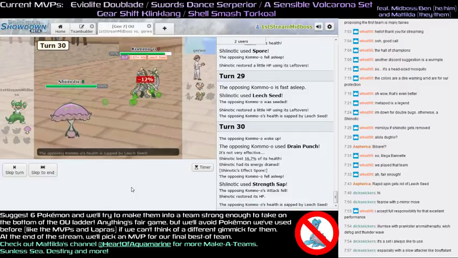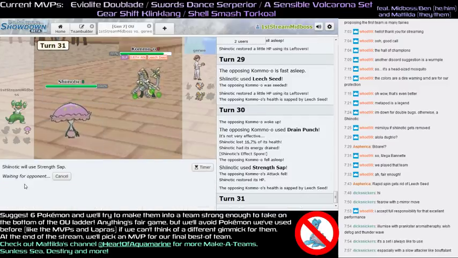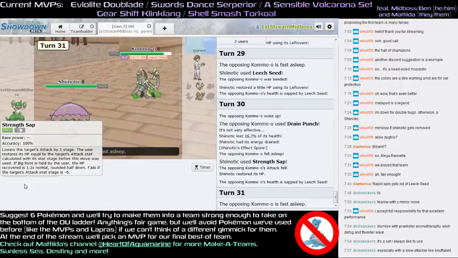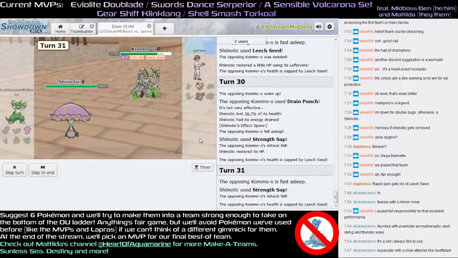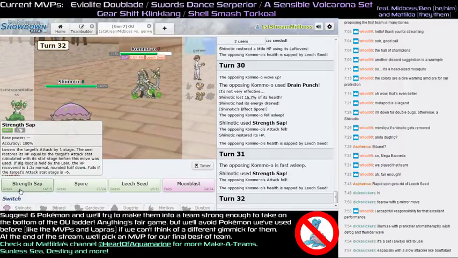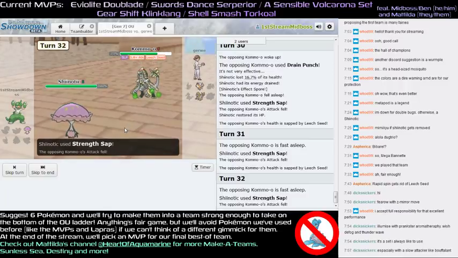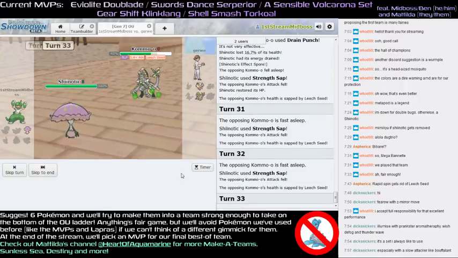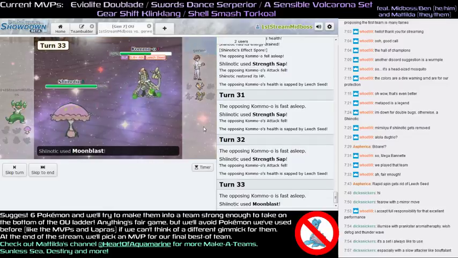Thank you, Effect Spore. Effect Spore is incredibly unreliable, but it can be fun. I say at this point we just Moonblast it. Yeah, to be honest, I was waiting to see if they were going to try and switch things around, but they're clearly sticking with Komala, so...